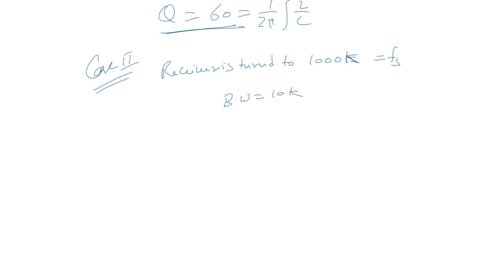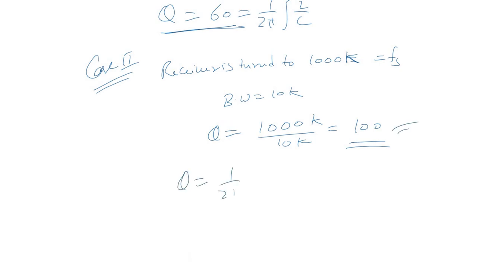All right, so now what will be the quality factor? Quality factor required in this case would be 1000K divided by 10K, that is 100, which is quite a large quality factor. To achieve the quality factor Q, you know the expression, that is 1 upon 2 pi square root of L by C, right? So for changing the frequency, the capacitance is varied, because L, that is the inductor, is a bulky device, so we usually vary the capacitance.